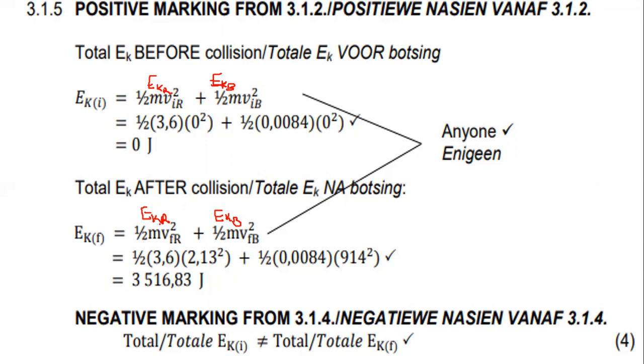So it will be half multiplied by the mass, which is 3.6 for the rifle. And after the collision, remember now, the velocity was 2.13 meters per second, and remember we need to square that one. But remember here, my dear learners, we don't substitute direction, because now when we actually